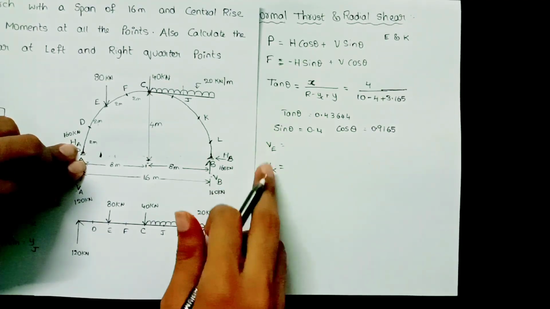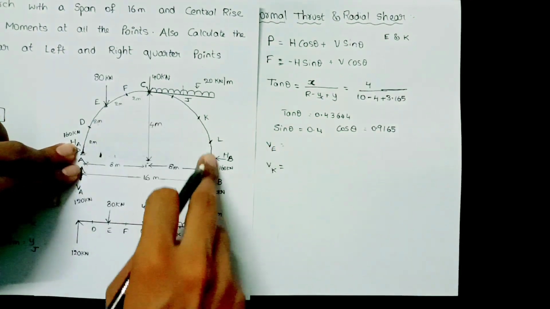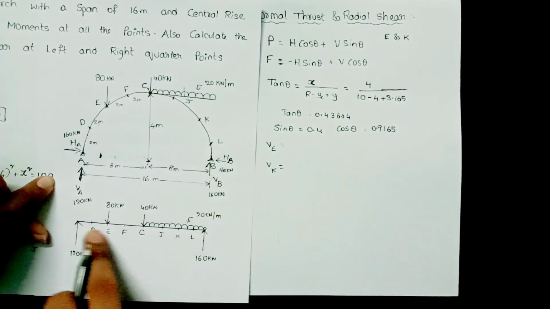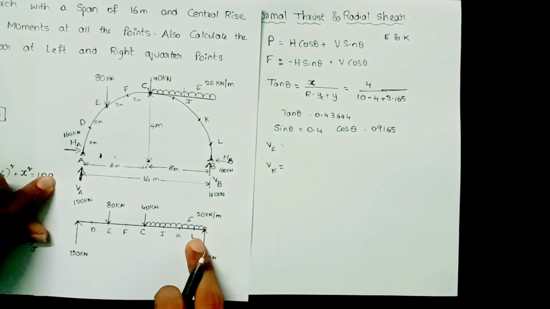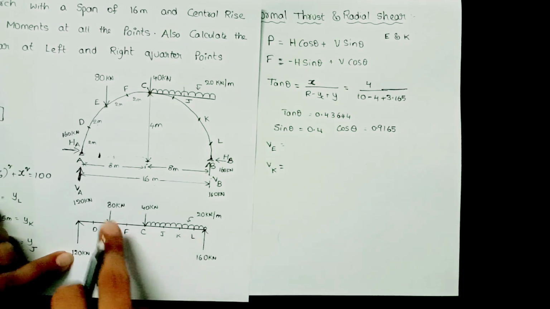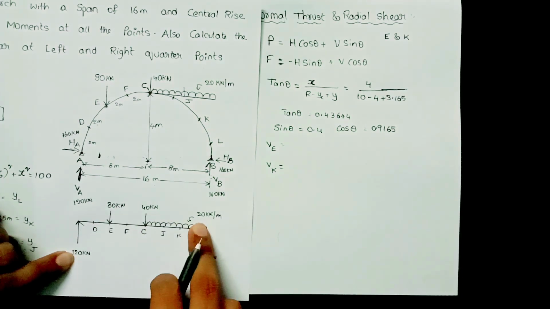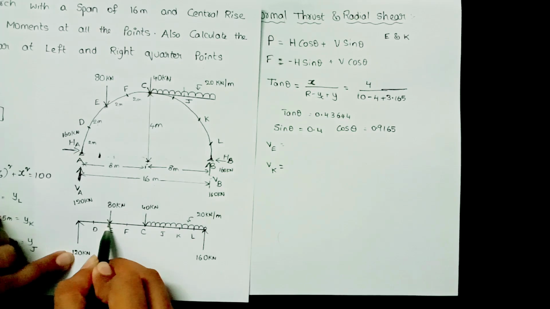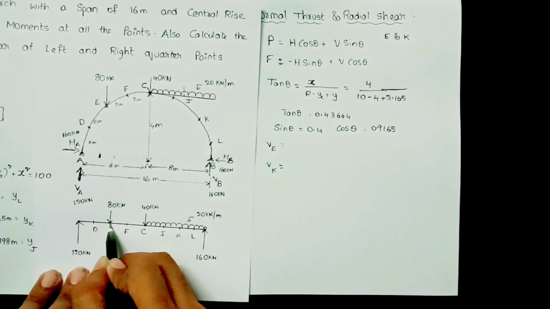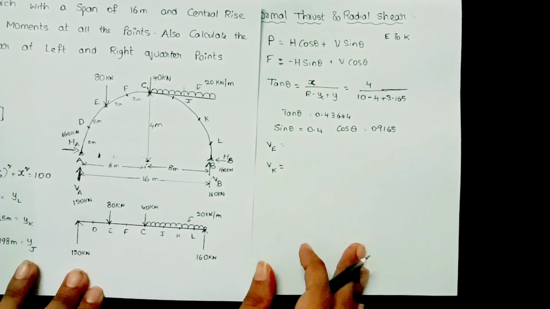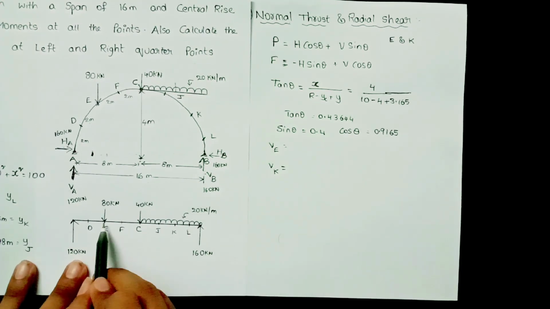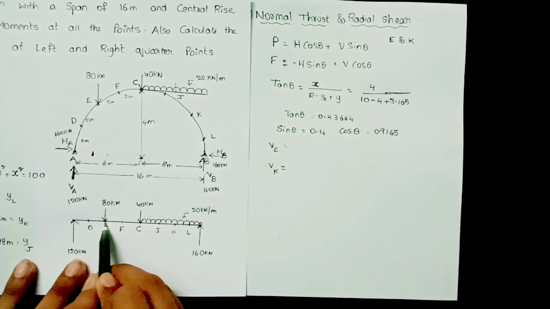In order to calculate the shear force, consider this entire arch as a simply supported beam. So I have straightened this arch and considered it as a simply supported beam. Same vertical reactions we are having, 120 and 160, and 80 kilonewton, 40 kilonewton and 20 kilonewton per meter. Now we need the shear force at point E, that means at this point. It is very easy to calculate the shear force at any point in the simply supported beam.